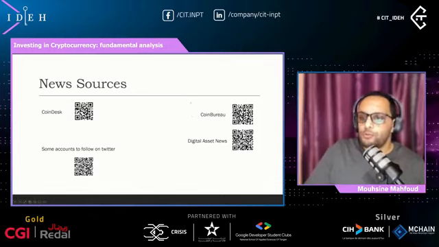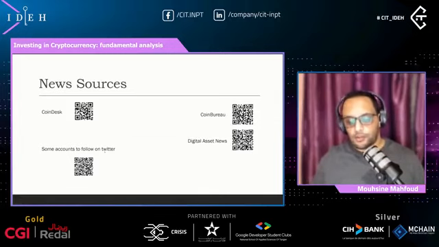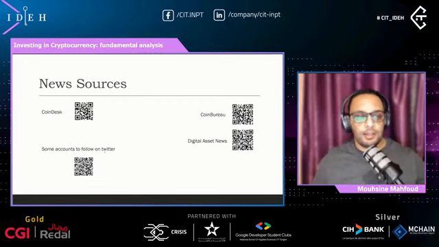Here you can follow two sources that I recommend: the Coin Bureau and Digital Asset News, that you can follow on YouTube and Twitter. Actually, Twitter is a must. You can follow actually a lot of people there that can give you interesting insights and interesting tokens that you can go for. But these guys are not trying to manipulate, at least until the time of recording of this presentation. You can scan the QR codes and check them out.